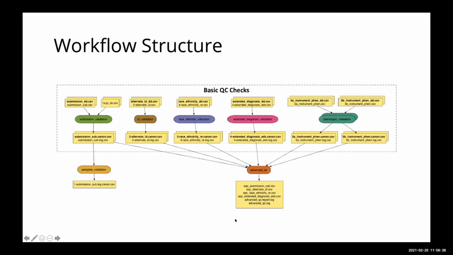And so the workflow structure, as you see here, is as I described earlier. So if you see on the top, it's the set of basic QC checks, which compares the data against the given data dictionary and validates it. And each of the boxes you see are the different types of standardized files that are defined. And on the right, the phenotypic validation are the custom defined files where the user provides both the data and